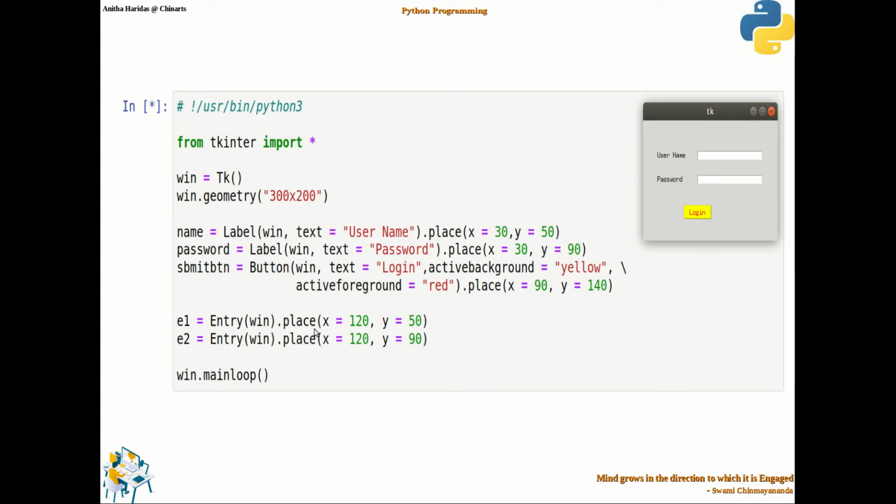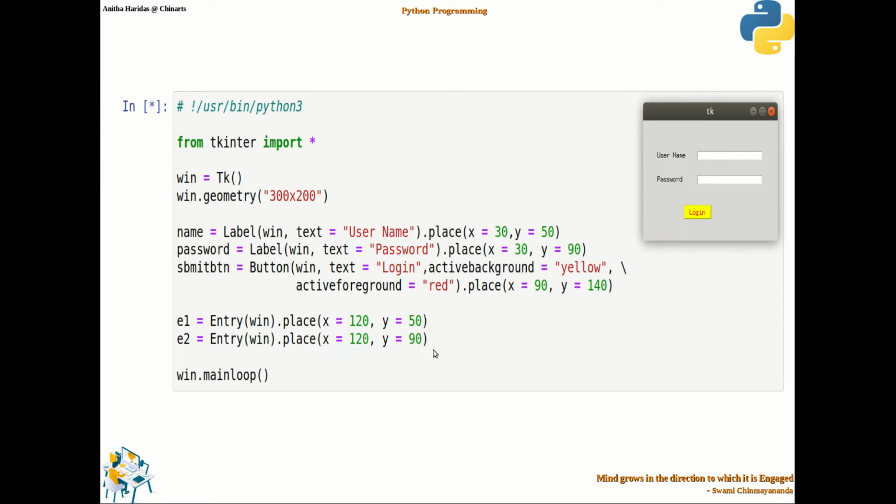Then I place it to some coordinates, x and y coordinates also specify, and I am going to use the main loop. So when I create this program it displays a window like this with two labels, two entry boxes and one login button. Okay, so this is the program for that.